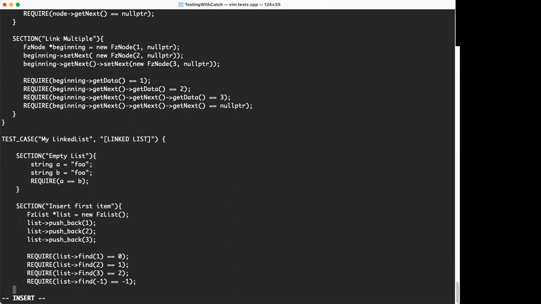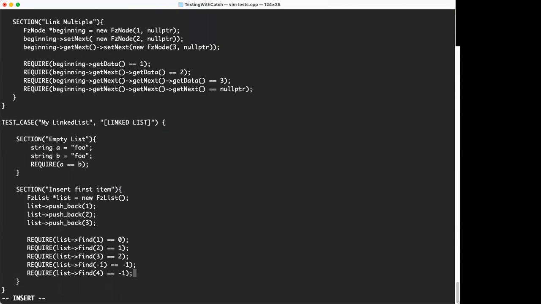If we look for another value that's not there, let's say we look for the value 4, which is not there, it should return -1. So those are two tests that you may want to add for this test. Really, we named it find first item. So we really probably should rename this test to be